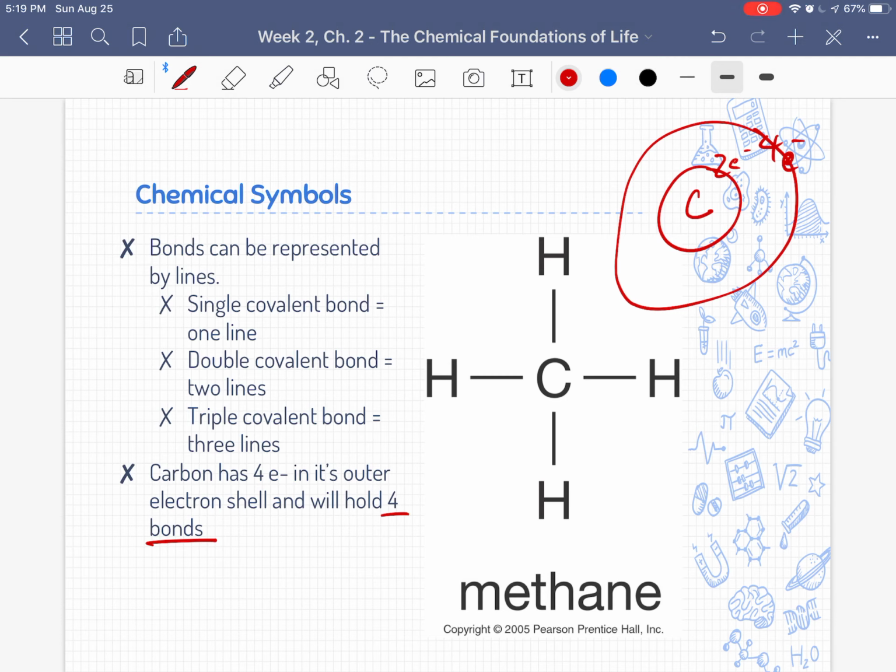Sometimes carbon will have double bonds. So like if you had a double bond right here, you would not see that other bond, because the carbon will only hold 4 bonds. 1, 2, 3, 4, right? If you had a triple bond, so let's say we have a triple bond right here, carbon will only hold 4 bonds. So that's 1, 2, let's call this one 3, and it would not have these 3. Because carbon will only hold 4 because it's trying to get to 8. It's trying to take the 4 that it already has and get to 8.